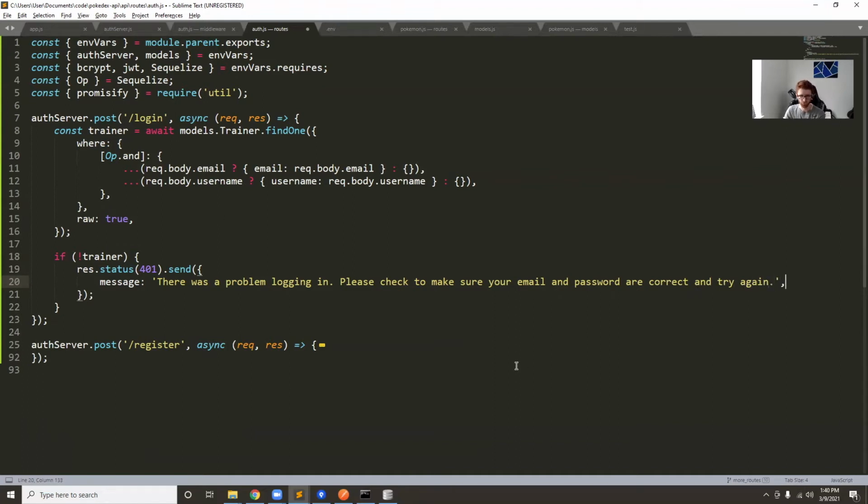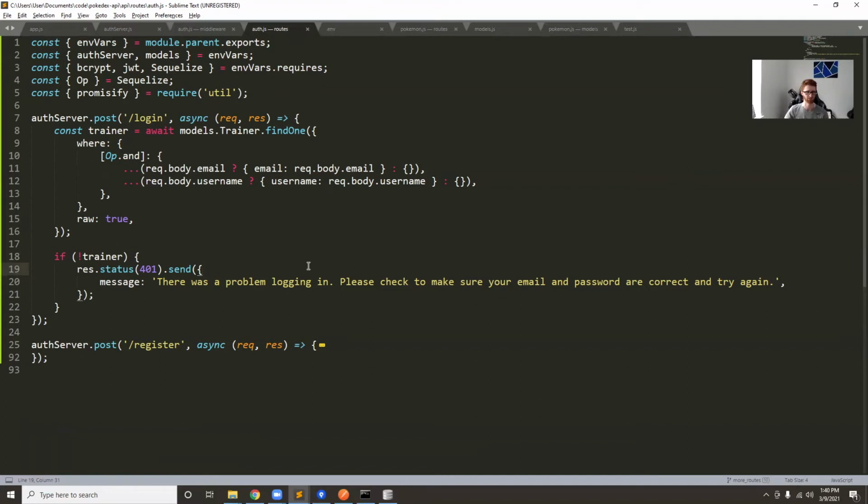So you may ask, well, why don't we just tell them your user doesn't exist? The reason, you'll notice on a lot of websites, if your user doesn't exist or your password is wrong, you get the same error message. And that's not because they don't know what you did wrong. Usually they do. We know exactly what they did wrong. Their user doesn't exist. But you don't want to tell them that, because if they're a bad actor trying to hack into your API for whatever reason, get information on Pokemon, or maybe release other people's Pokemon,